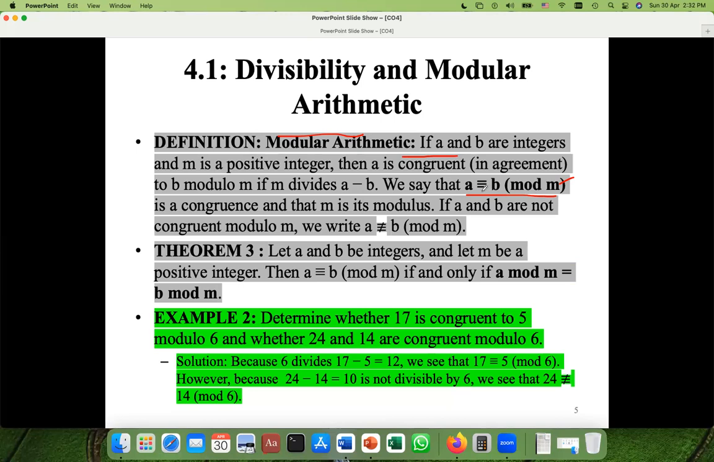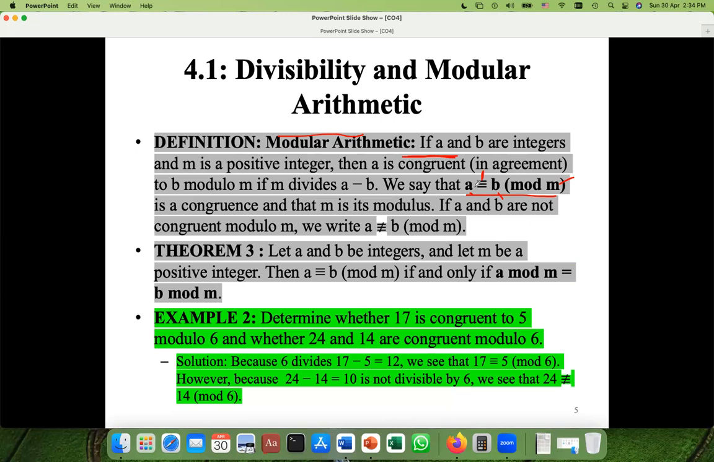And when this congruence, you have to find this congruence. In this equation, you have to find this operator, congruence. The left hand side is congruent to the right hand side, or you can say A is congruent to B. You have to find